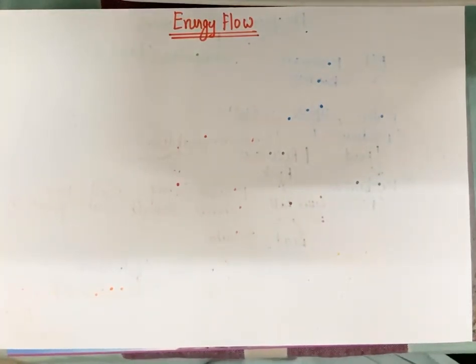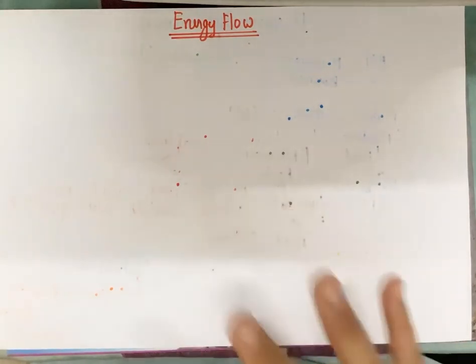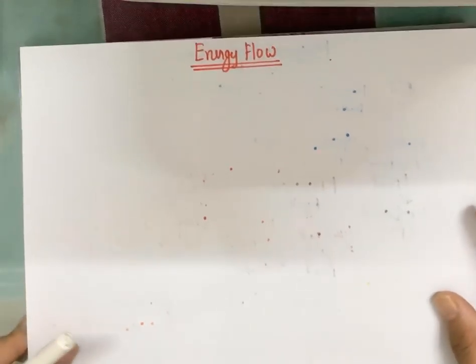So the topic for today is energy flow in an ecosystem. This is a bridge topic for class 10 environment, again an important part for the board exams, as well as class 12 ecosystem, and again equally important for the board exams. Often, about 80 to 90% of the time, we get a question on energy flow either directly or through the help of ecological pyramids. Ecological pyramids I will be doing in the next video, so you can get the playlist of this chapter and watch that video as well. So let's get started with the topic.